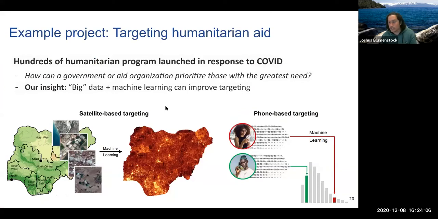This is an area that I've been working in for several years, but has become suddenly much more relevant in a practical way. And the context is the COVID pandemic in developing countries, where there is this rapidly growing crisis where I think the World Bank estimates that about 150 million people will be facing food insecurity because of the pandemic.